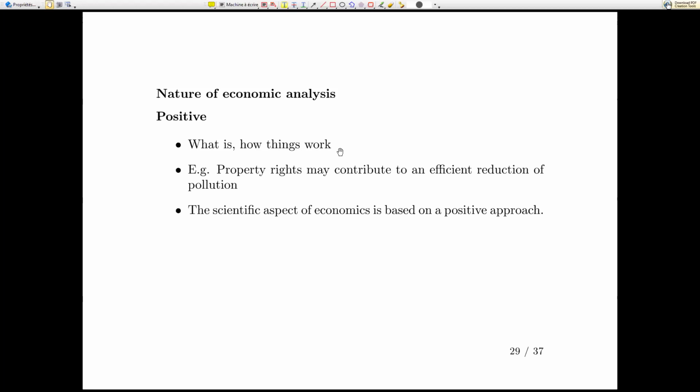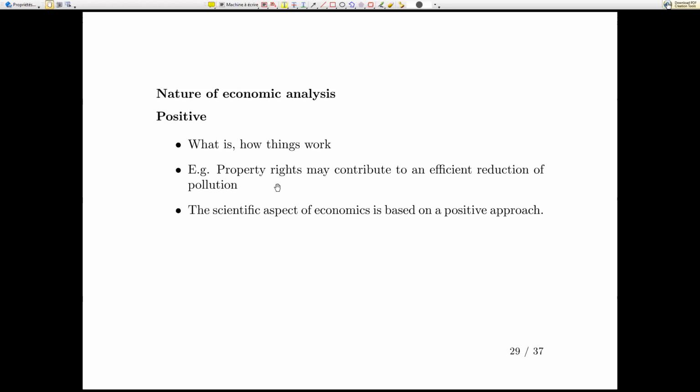So it's obviously models about how we think people react to stuff. Things like people react to incentives. What does that mean? It means if I make you pay more to do something, for instance, then probably you're going to do less of it. That's a theory about how things work. We expect that if we implement a tax or give a subsidy, then it's going to change people's behavior, and that's what we want. So this is the positive aspect of it.